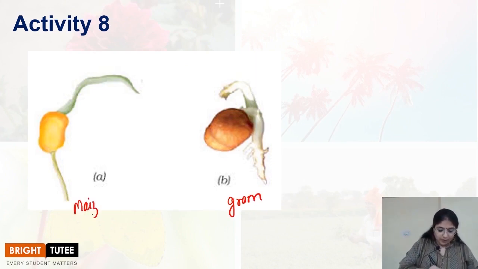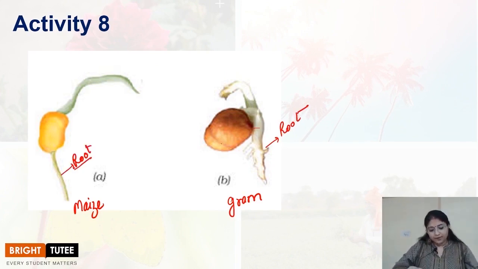Now if you observe the gram and maize roots, this is the root of gram and this is the root of maize. You will be able to observe that there is a huge difference between the two. You can see the difference between the structure of the gram root and the structure of the maize root. Now if you compare these two,